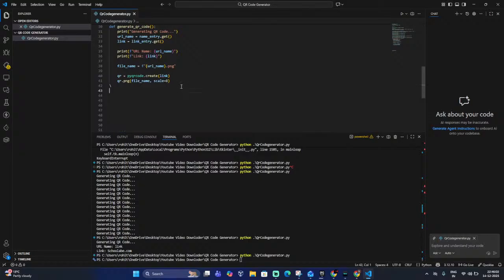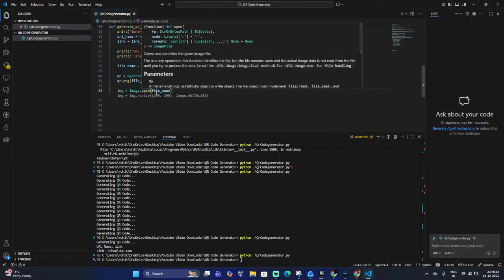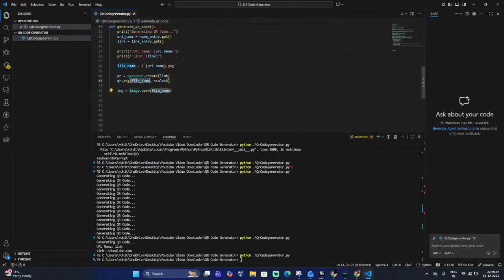Here we just give the image file, and we already know our image name. It is the same file name we created here, so I'm just passing the file name to open that image. We actually need to display that particular image in our app. So in order to display that image here, we would need to make use of a method called